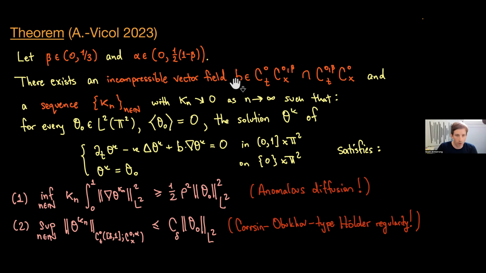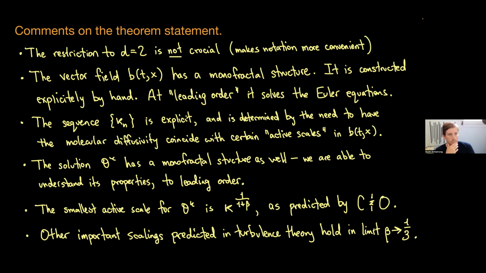I need to say more about what the vector field looks like. There are other statements that you can make that make this a more convincing statement. But let me talk about what the vector field looks like. I should say that this is in 2D, but again, 2D is the harder case because in higher dimensions you have more room and the topology is less stressful. There are fewer constraints on the topology. We work in 2D because the vector calculus is easy, right? You have grad perp and things like that. Anyway, the vector field B has a fractal structure.